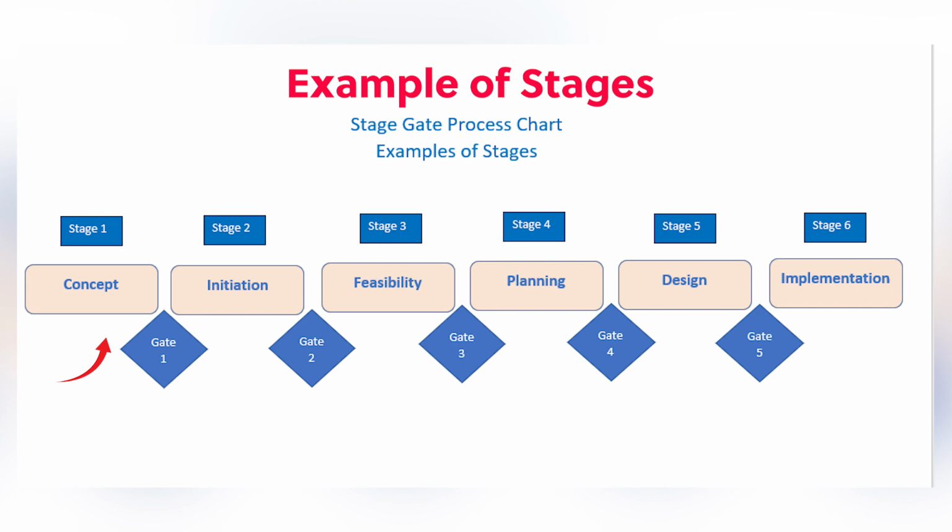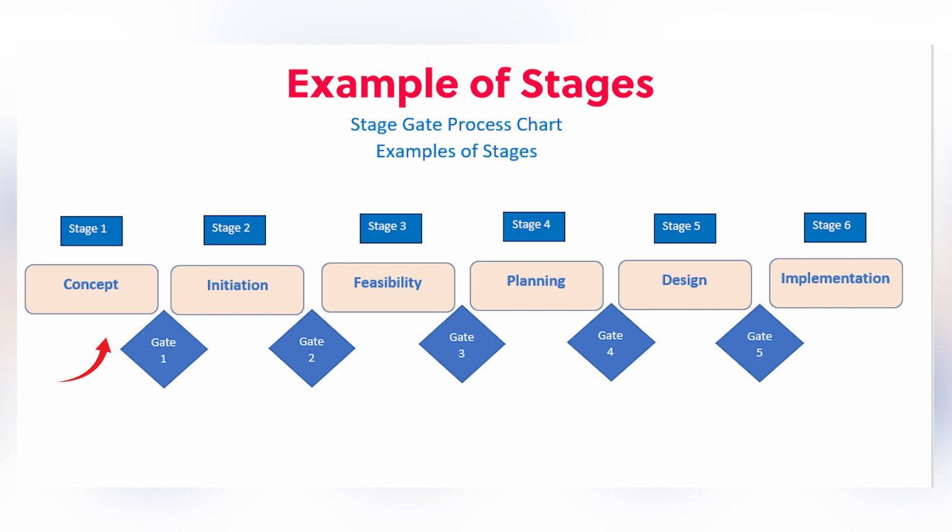So for stage 1, it would be the business case. That would be the predetermined deliverable that would need to go to the stage gate for approval. So for stage gate 1, input would be the business case. Output would be the approval of the business case and also funds for release for the next stage for starting